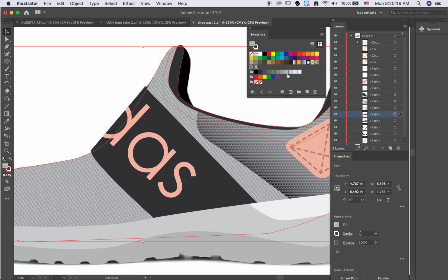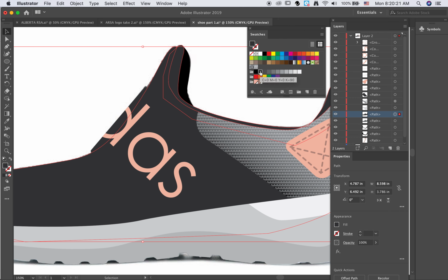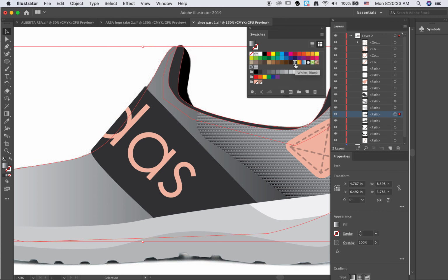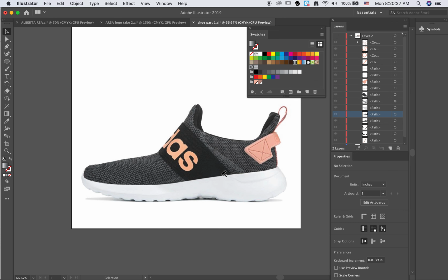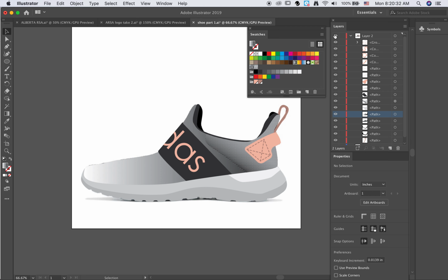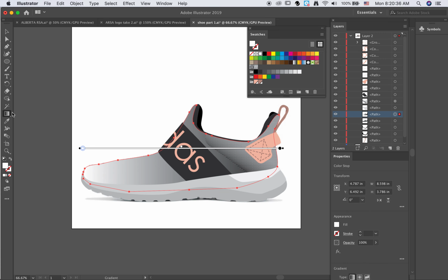I'm going to get rid of my appearance panel. Let's just grab this so that I make sure I have the right one. Cool. Okay, let's throw a gradient on it. I'm going to hide it because I want to see what's going on here. I'm going to maybe grab my gradient to come under here, right at the sole. Okay, so grab my gradient tool, bring it in,